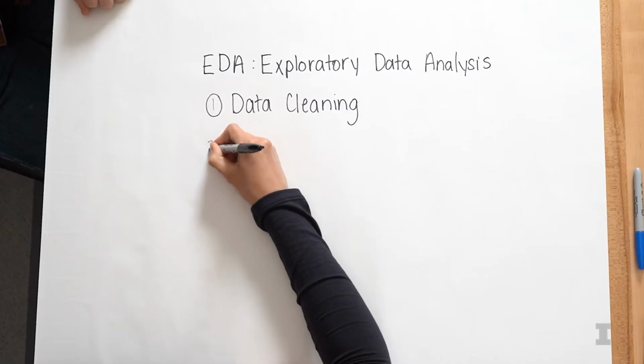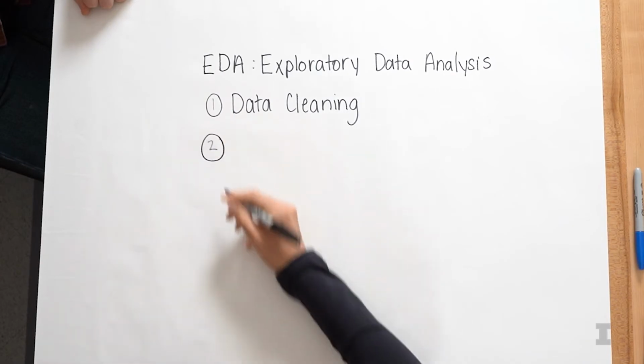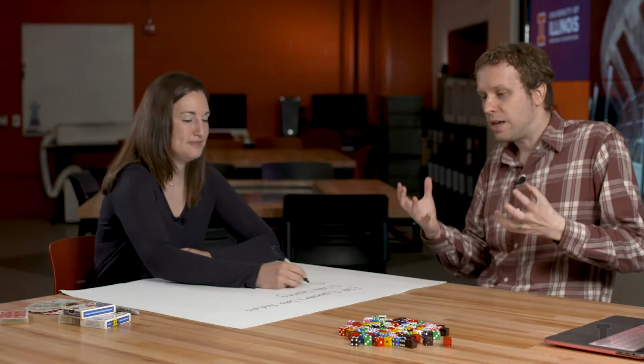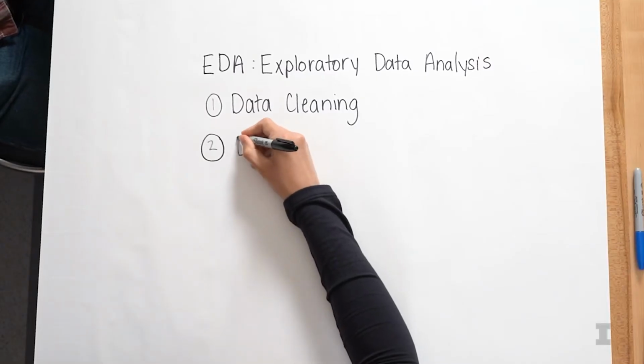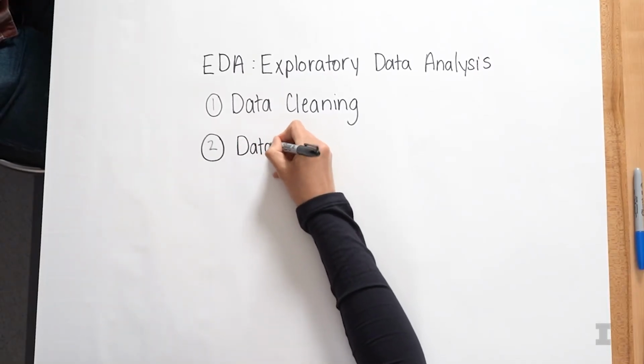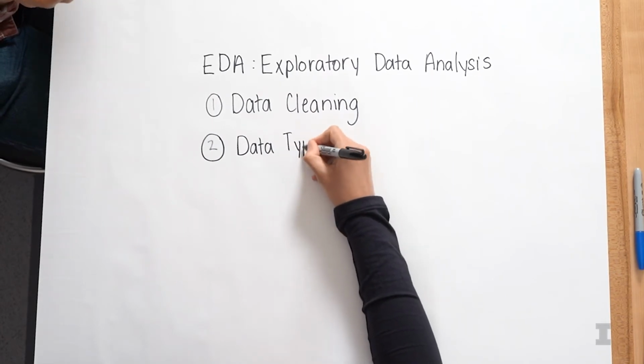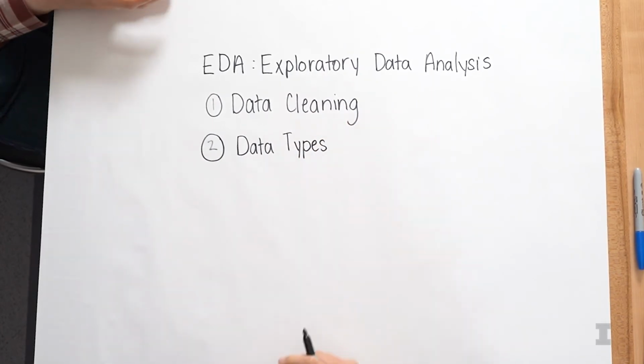So what else is part of EDA? The next thing that's super common is looking at data types. What types of data are you working with? I think you can do this pretty easily in Python, right? When we think about data, we think about data being either a string, which is things that have words, and in Python these are things we put quotes around, or numbers. And we can think of numbers as both whole numbers, or integers, or decimal numbers, which we might call doubles or floats. Those are the three big types of data that we're going to look at.